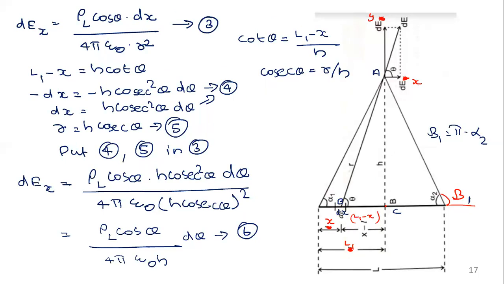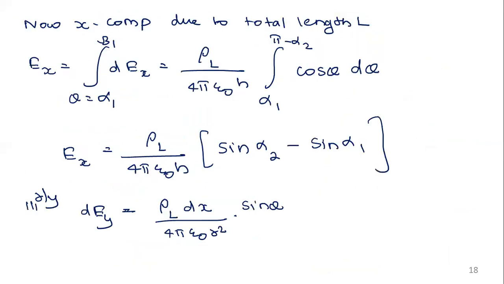We take the y component and repeat the same step. So finally the integral of sin theta will come. So what will the answer be? Ey will be equal to